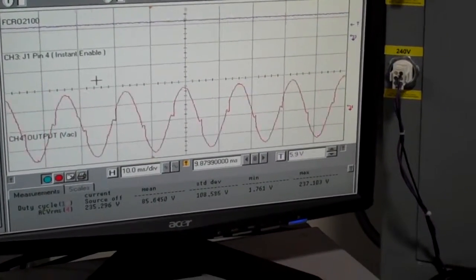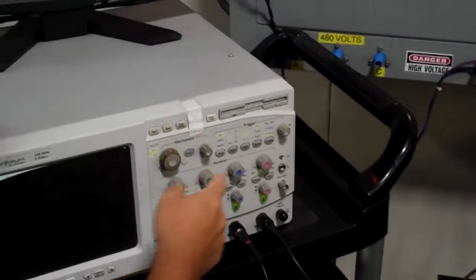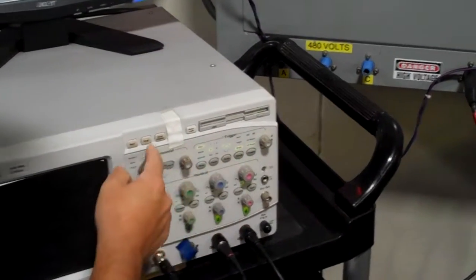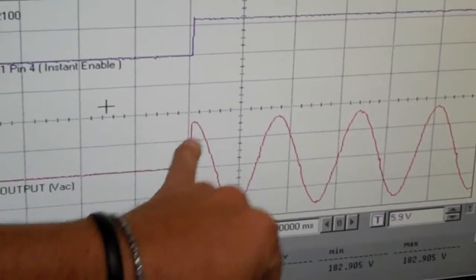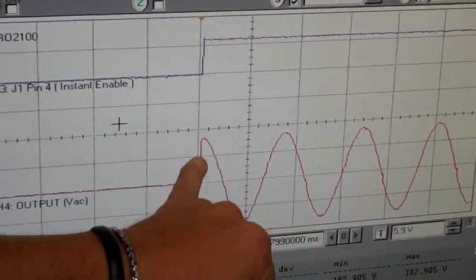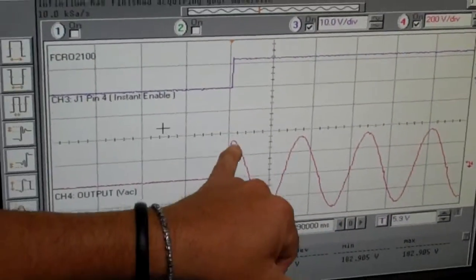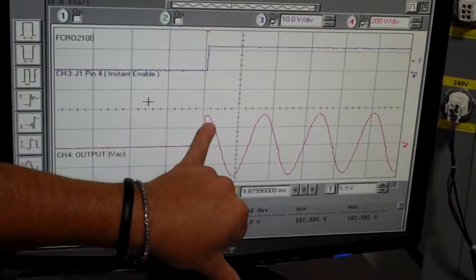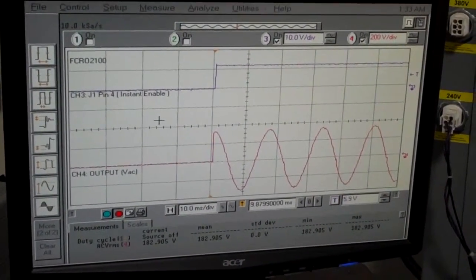And here we're gonna take a single shot. So can you inhibit, Tony? I'm gonna go now with a single shot, and we're gonna look at the enabling, and we can see that here this board enables basically at any given time randomly. It's just when the customer commands the board to enable. In this particular case we are actually close to the 90 degrees, but if we try it a couple more times,